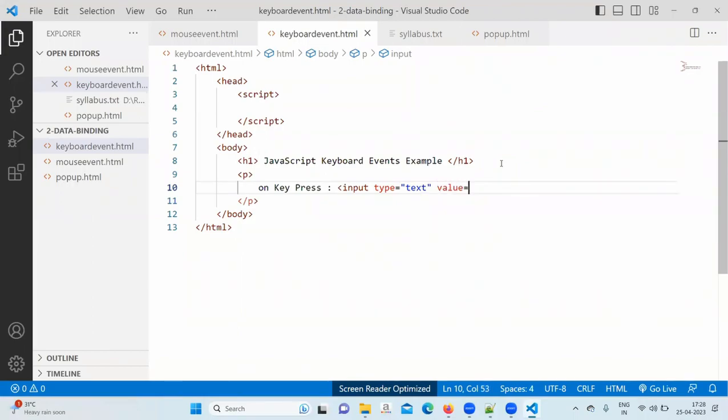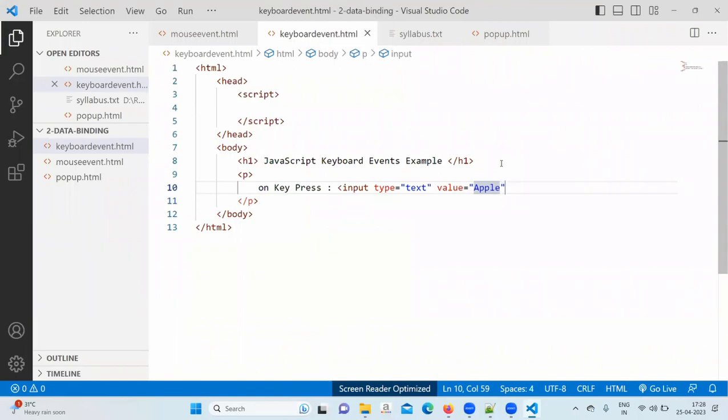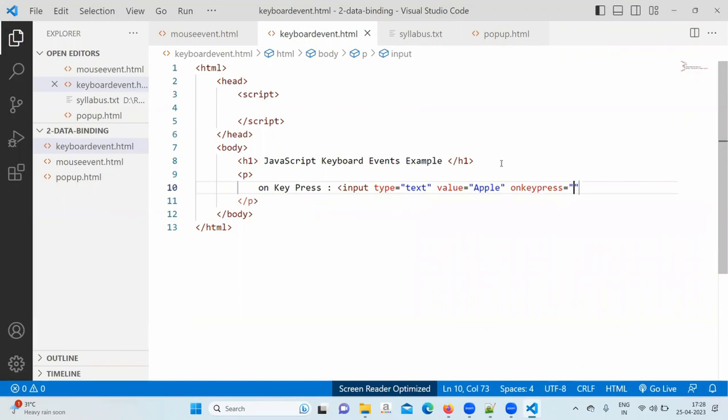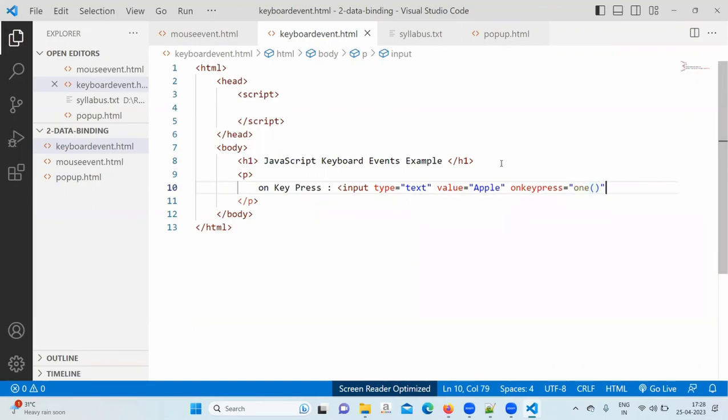Value equal to apple. Onkeypress equal to call a function, and inside that function